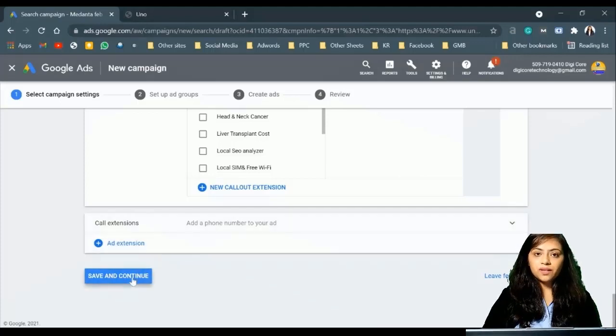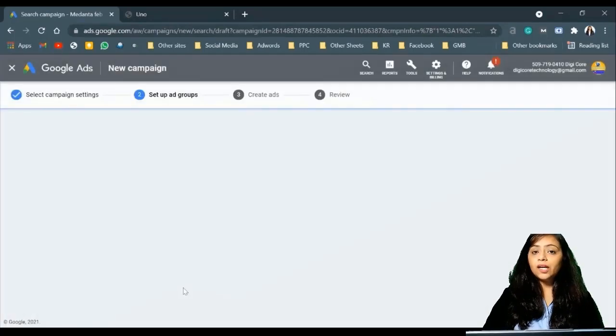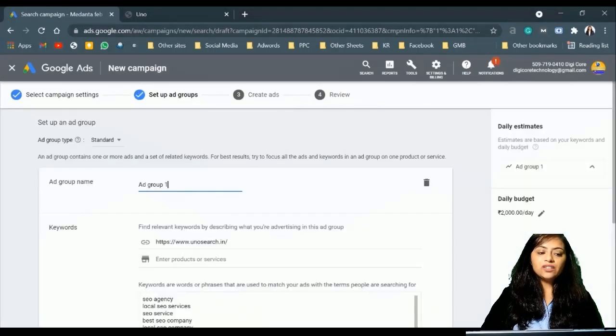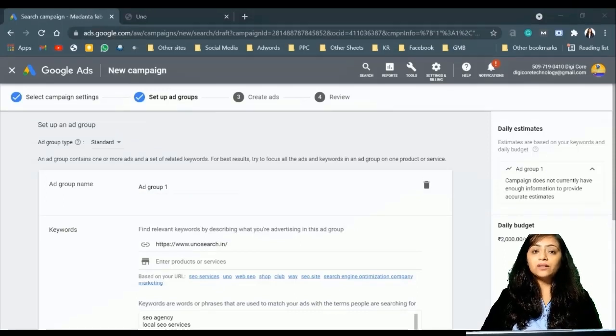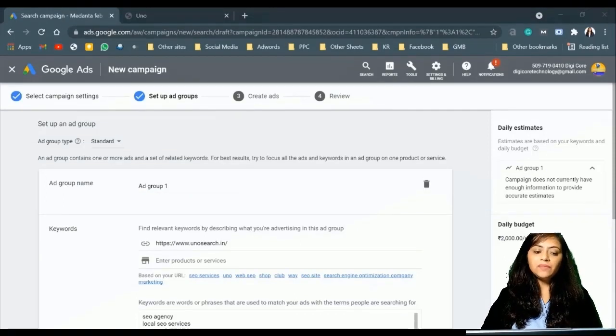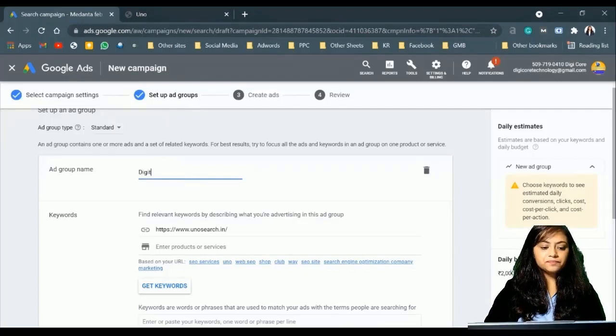After saving the previous actions we have taken, the screen we can see now is the setting up of ad groups. So the first ad group which we will create. An ad group is basically when we want to group a few keywords in one ad group. So we can name that ad group as the specific keyword we want, for example we are using digital marketing agency.